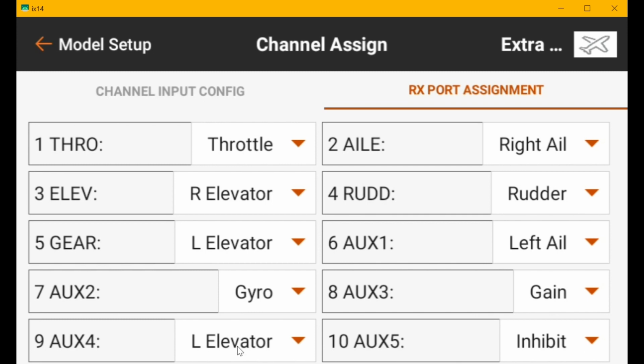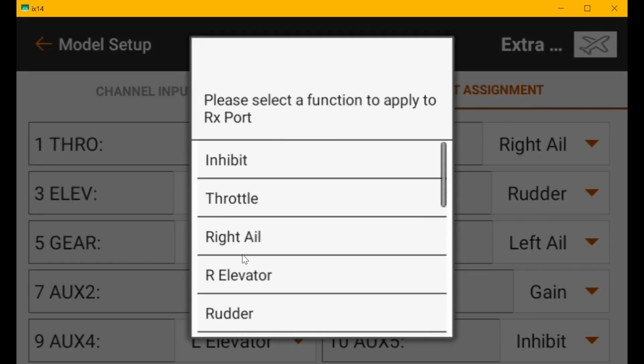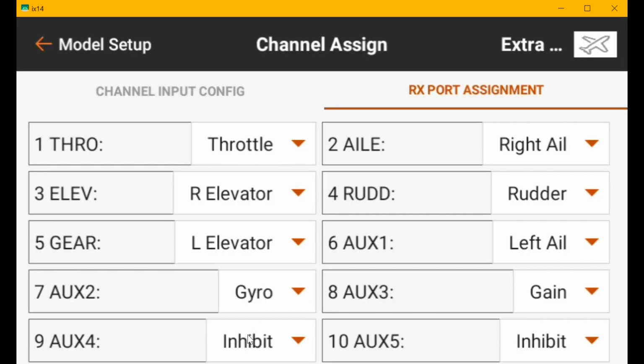Now we don't need left elevator here, so we can inhibit it. So now we have got throttle, right aileron, right elevator, rudder, left elevator, and left aileron in the first 6 ports. So all we need is a 6 channel receiver